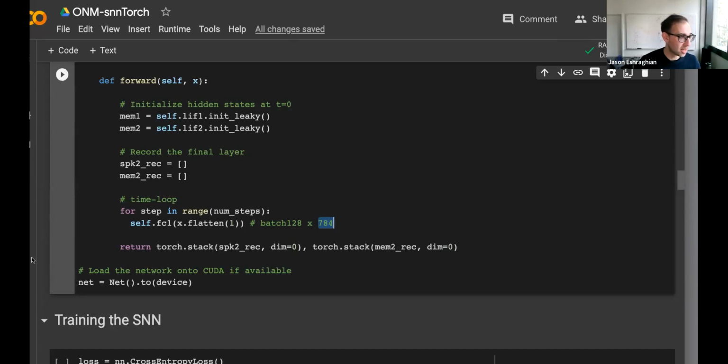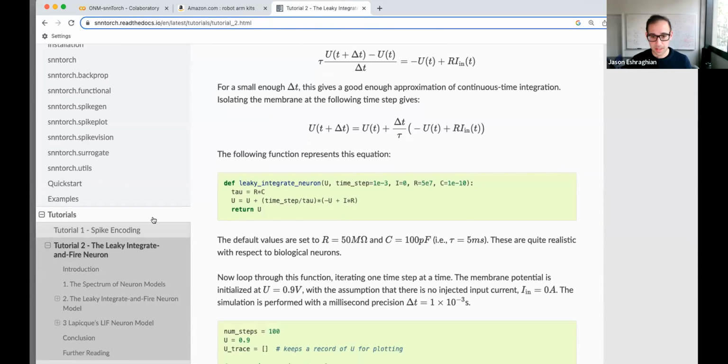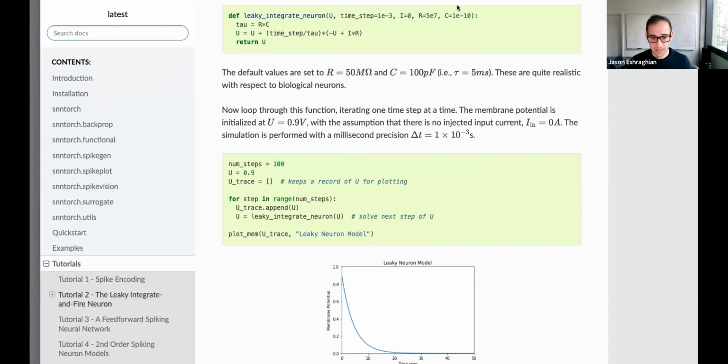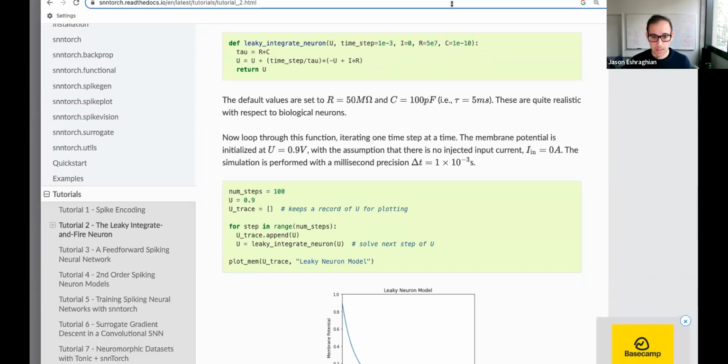There was a question in there that asked for resources on surrogate gradients. Yeah, there are tutorials that cover that. It is kind of easy, I think. Let's see. If I go back into the snnTorch docs and go down to, give me 1 second.